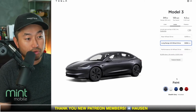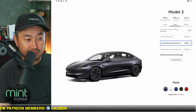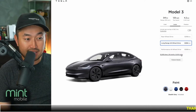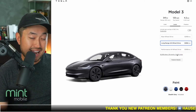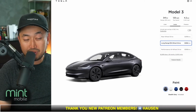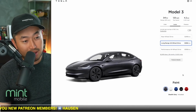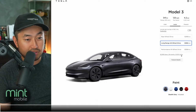So it is a pure rental vehicle at the end of the day, and you're subject to acquisition fees in the beginning and also a lease end fee plus any damages that might happen to the Tesla. Now that the Model Y has a 0.99% offer, I would say that would probably be the better deal, unless you really absolutely want the latest and greatest and you're okay with paying like $400 to $500 with